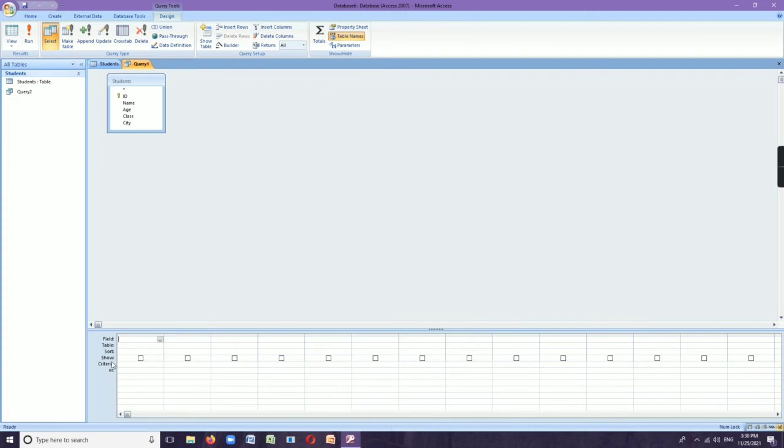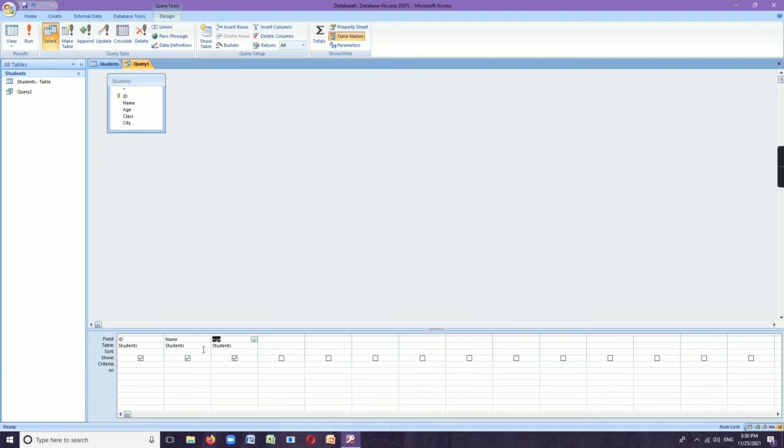In the field area, we can see one drop down list. The first one is field. There we can choose each of the fields from the table known as students. When we click on the drop down arrow, we can see all the fields in that table. So we can select which fields we should see. The first one we can select is ID, the second one name, and the third one we are going to select is the option called age. So by using the select query, we are going to see only the fields ID, name and age. We don't want to see the other fields.